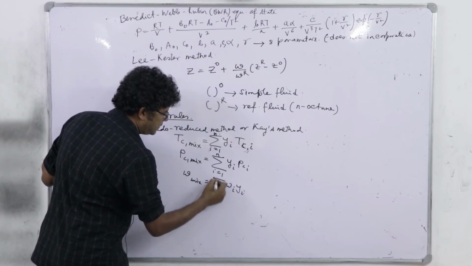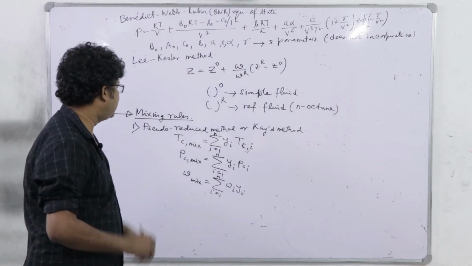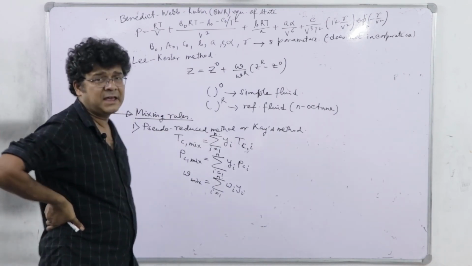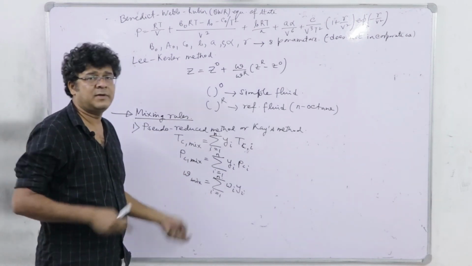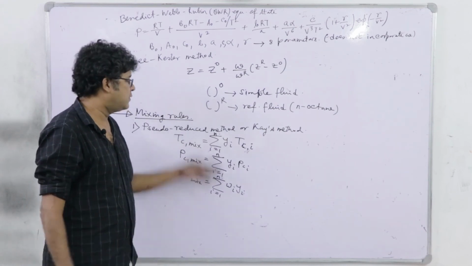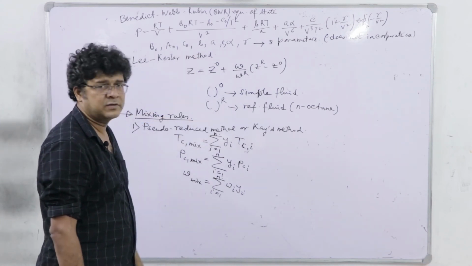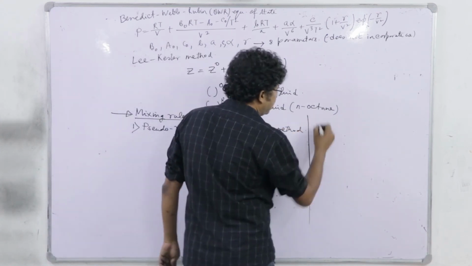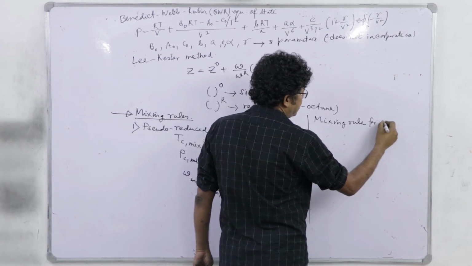The same technique has been used repeatedly. Right. Now, once you know these pseudo pure state equivalent parameters like TC mix, PC mix and omega mix, you can apply any equation of state, starting from van der Waals. In van der Waals, A mix will be 27 divided by 64 R squared TC mix squared divided by PC mix. So, any pure species gas equation you can use with the pseudo-reduced method introduced by Kay. Okay. Now, the next mixing rule is for the virial equation.